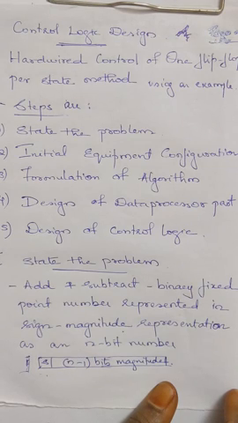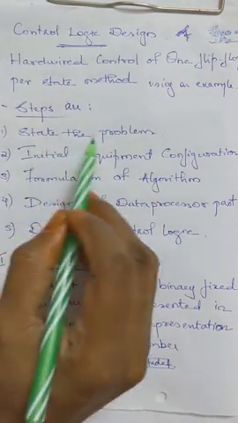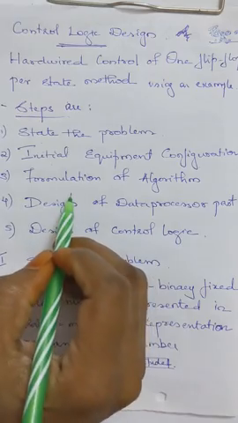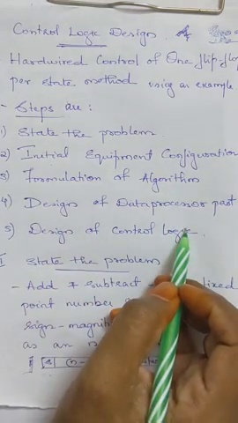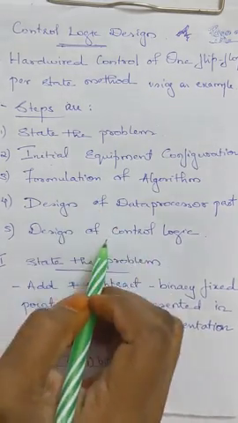Hello all. Today we are going to learn about control logic design in a hardware control of one flip-flop first state method using an example. The steps used for designing the control logic are: first, stating the problem; second, initial equipment configuration; third, formulation of algorithm; fourth, design of data processor part; and the last one, design of control logic. These are the steps used